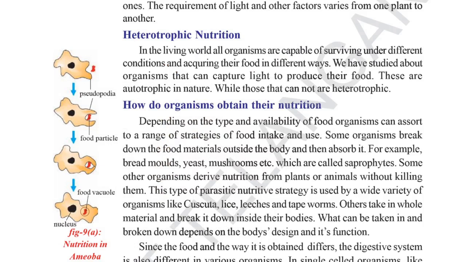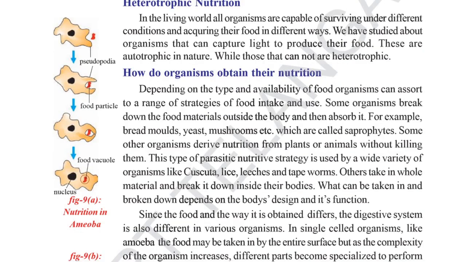This is chapter 1 of 10th class, nutrition, food supplying system, autotrophs and autotrophic nutrition, heterotrophic nutrition. We have seen autotrophic nutrition. Now heterotrophic nutrition. The amoeba does not have a definite shape. It will take its food wherever it is present. It just produces finger-like projections known as pseudopodia and engulfs the food particles,